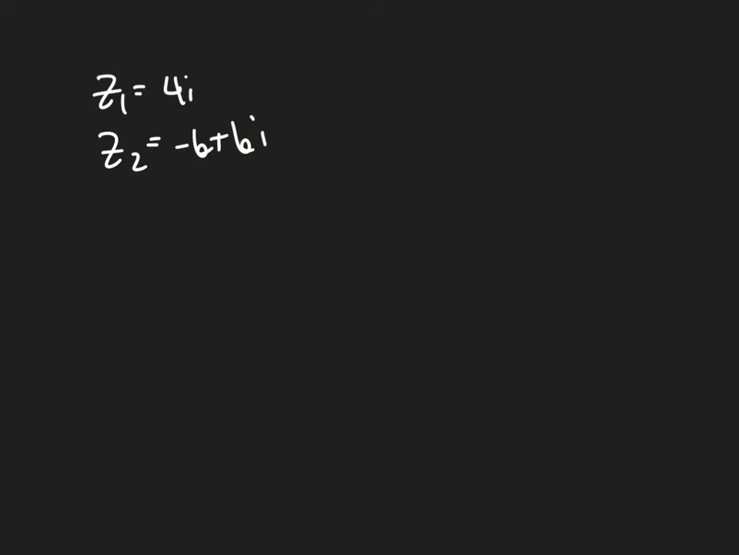All right, this is in rectangular form, and I'm actually going to divide and then convert. So 4i divided by -6 plus 6i, I want to do it on purpose. For your PDF notes, it's done in both ways, so you can see the conversion first and then dividing, but I wanted to do the dividing first and then converting